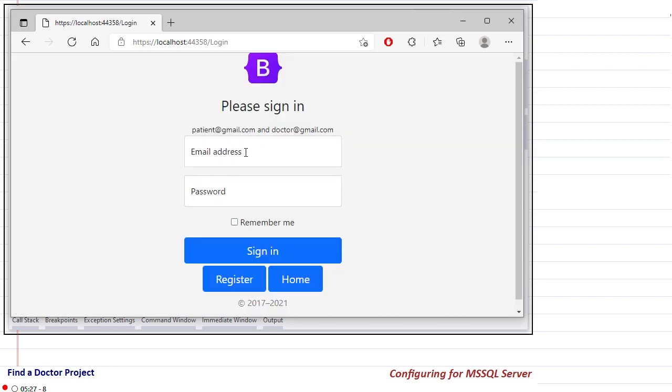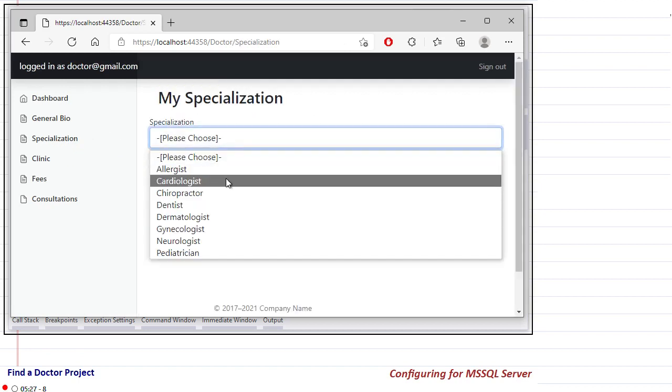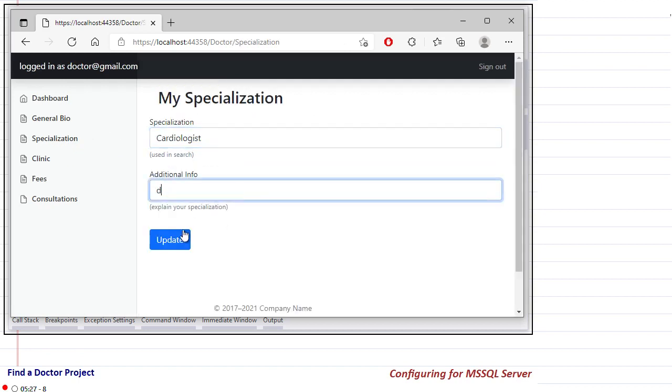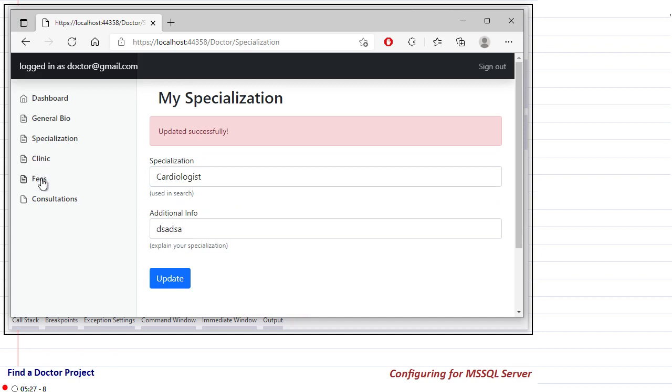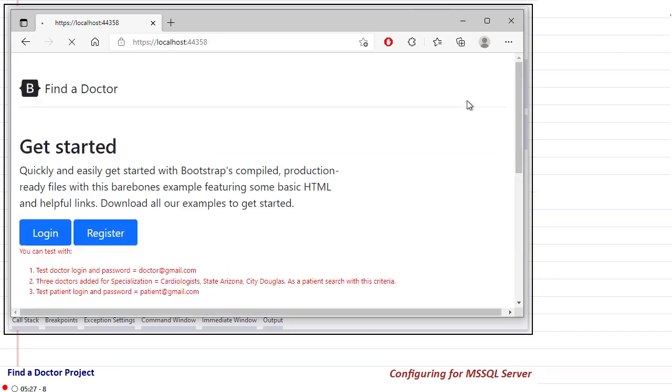So you can do all this yourself also. This is only customary, what I'm showing here. Specialization, cardiologist, and I think clinic. All this I added. Sign out, come back as patient.